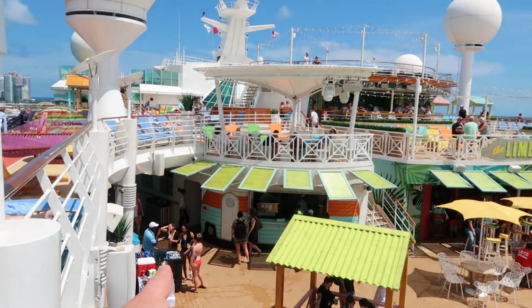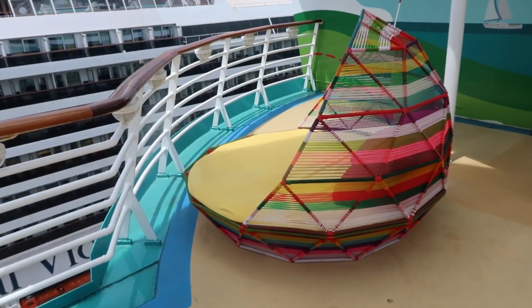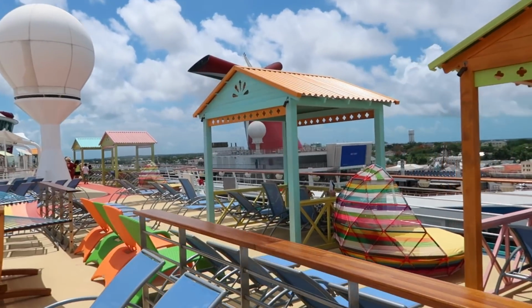Just color everywhere, I think, was the thing that stood out the most. Yeah, it was like a huge fiesta. And it was great. So many colors. They did so much fun seating styles. They had these cabanas that you can just walk up and use. It seemed like their goal was, let's just make this pool deck as fun as we can,